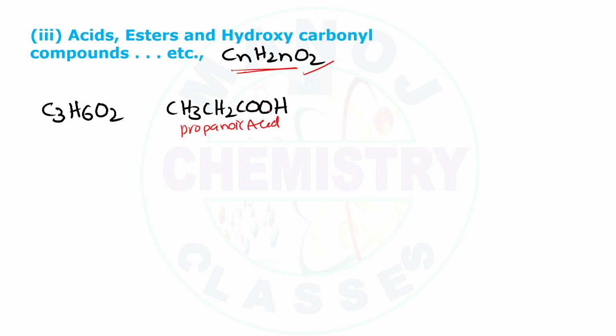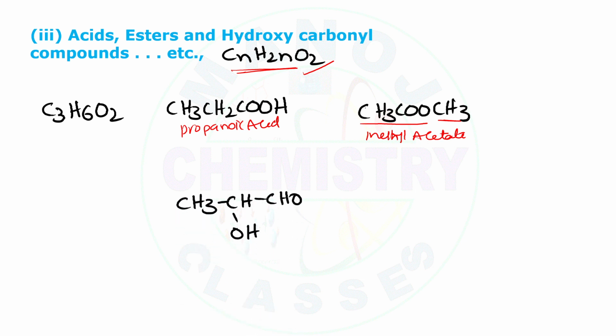So whereas this one acid, it can be written as an ester, that is nothing but methyl acetate. Here this one is acetate ion, this one is methyl group, hence it can be written as methyl acetate. So acid is a functional isomer with ester. Similarly, let us take one more example of acid.